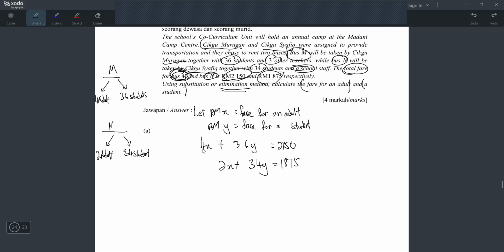But I will do it a little bit different. Instead of taking this one times 2, I'll take this one divide 2, because I happen to realize all these are even numbers. So even numbers means they all can divide by 2. It means when I divide 2, I will not end up with an ugly answer. So I think I will choose to do it like this.